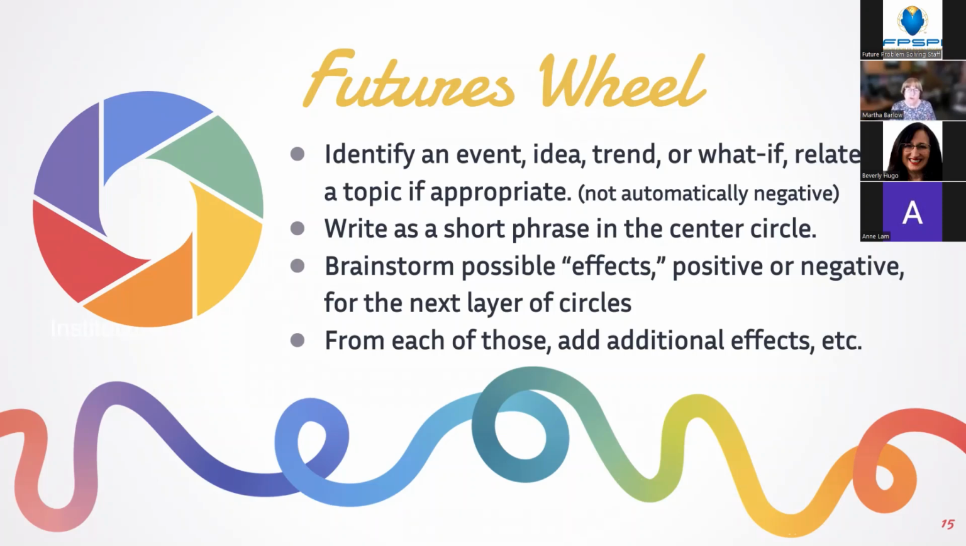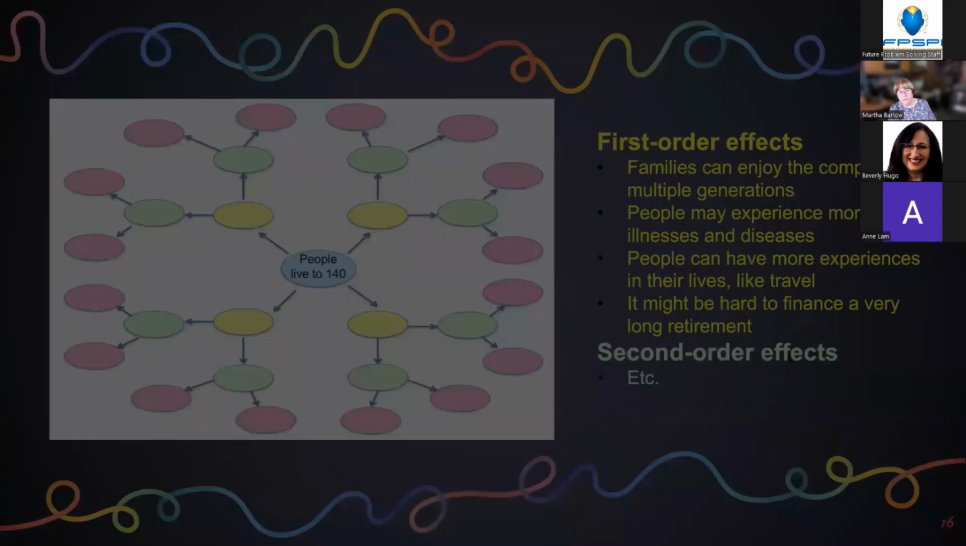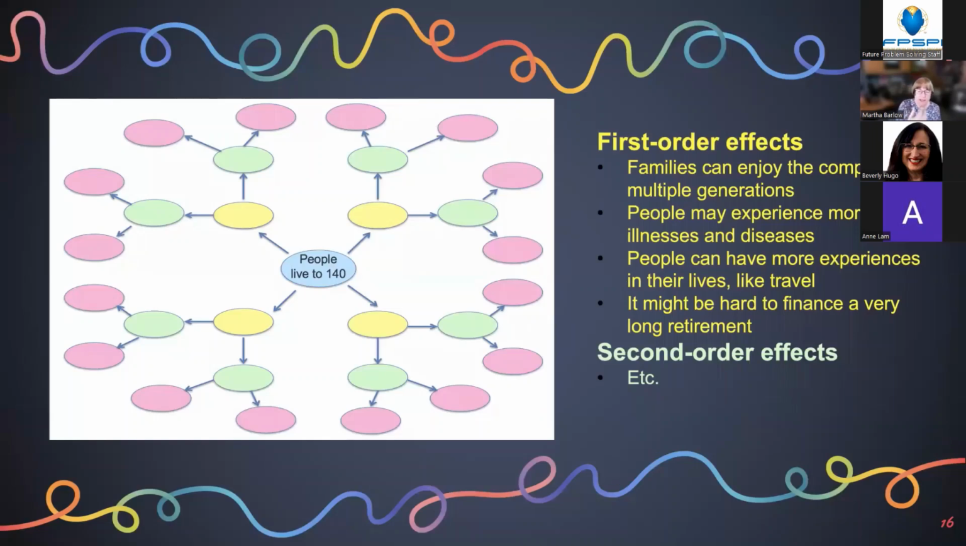You put the short phrase in the center of the circle and then brainstorm possible effects, either positive or negative, for the next layer, and then the next layer. And I'll show you an example of that. Up here it says, don't have the center of the circle be automatically negative. And my example of that is,